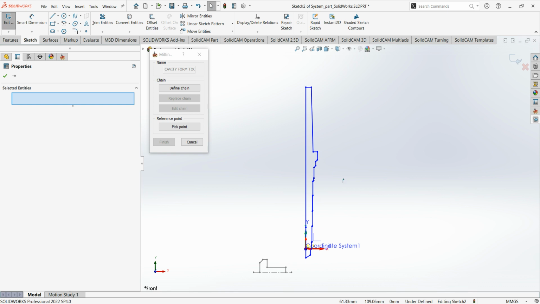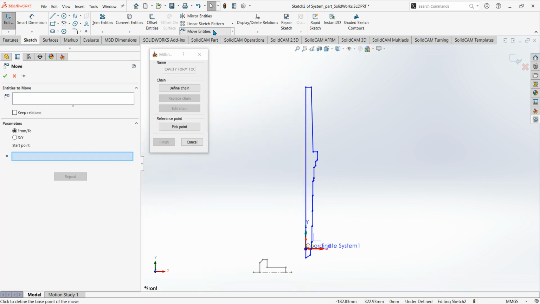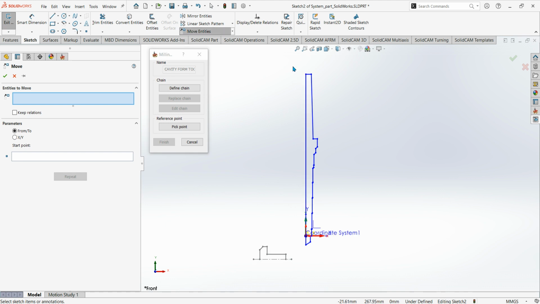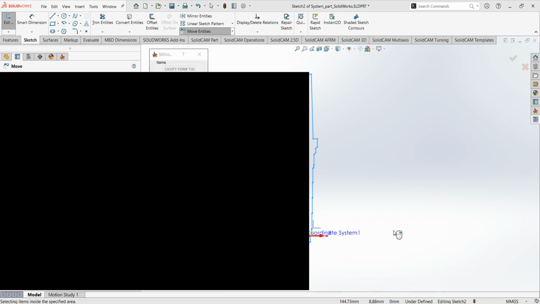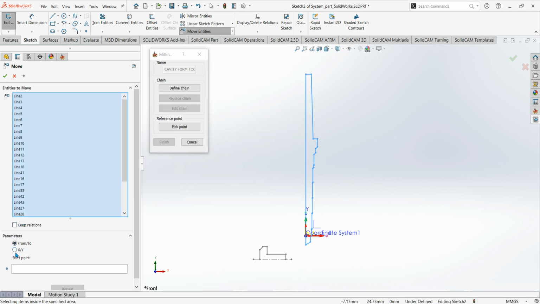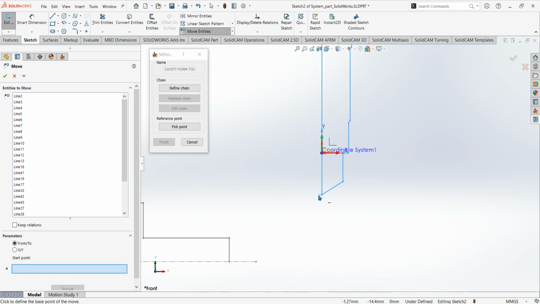So we've got a 2D drawing here. So what I want to do from here is I want to come up to, if you're on the Sketch tab, I want to go to Move Entities. So if I select Move Entities, and then I need to highlight the whole 2D shape, and then I want to pick from/to. So if I click on that and then I'll click on my start point,